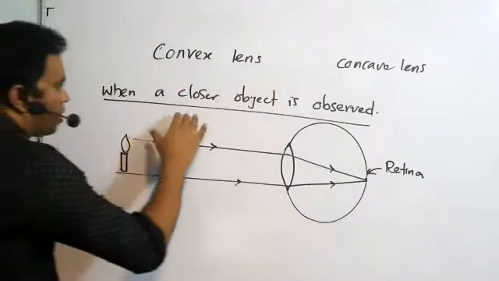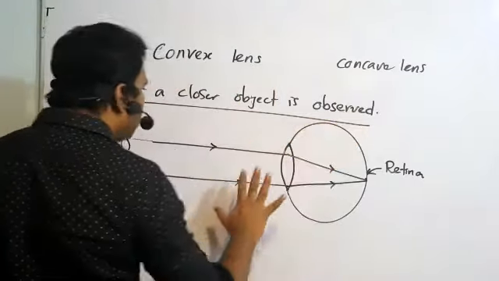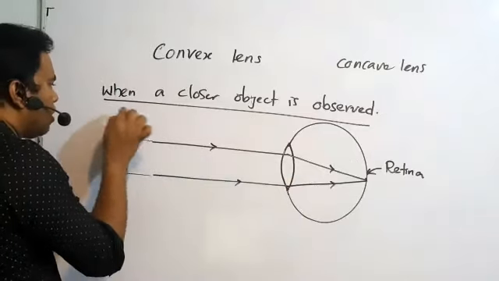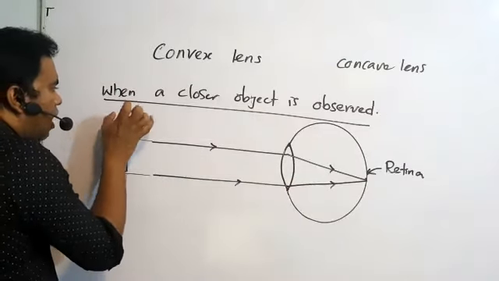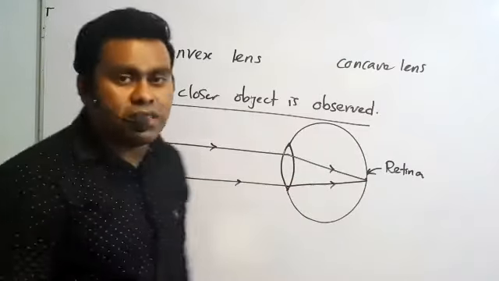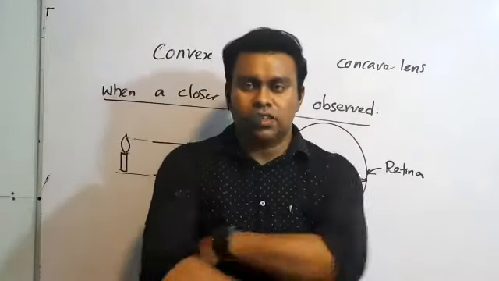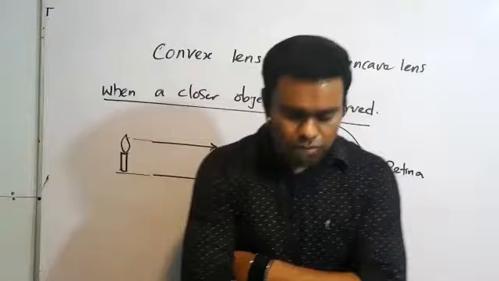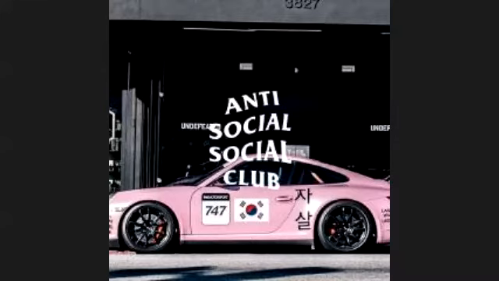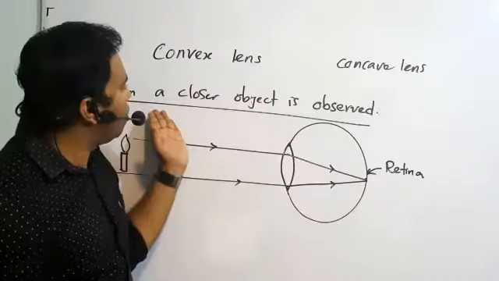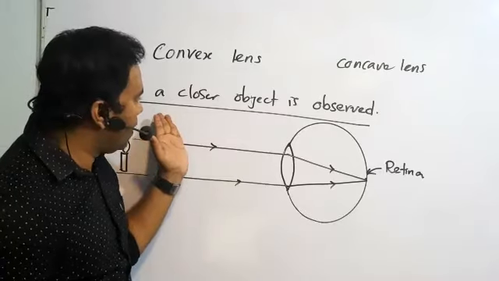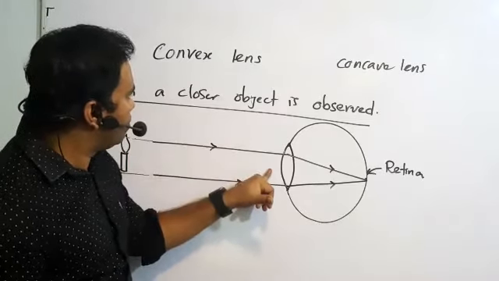Now, when a closer object is observed, before that you write, when the eye is in the normal state. Okay, take down. When the eye is in the normal state. Sir, you didn't complete the last sentence. When a closer object is observed by the eye,